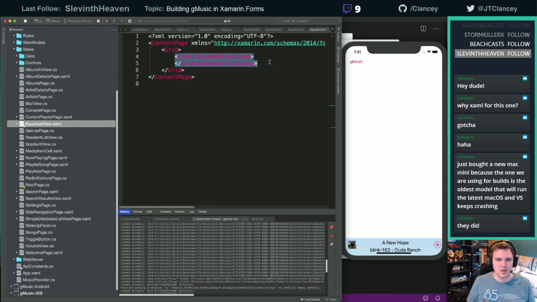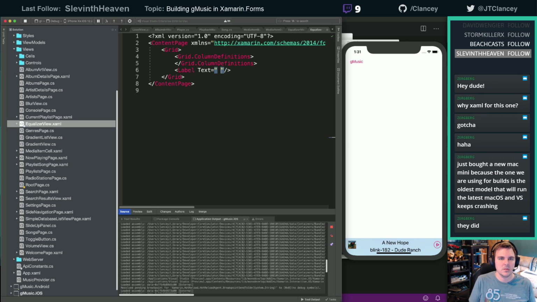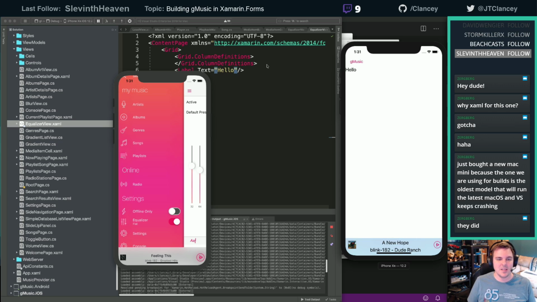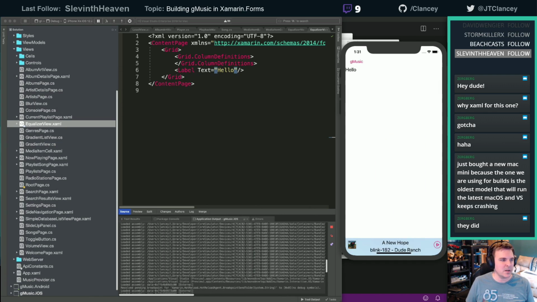Now I need to actually throw something on here so we can actually see something. Just to make sure this is reloading. All right, that is working. I'm going to close this or move this other simulator off screen so it doesn't keep popping up. Okay, I like it.